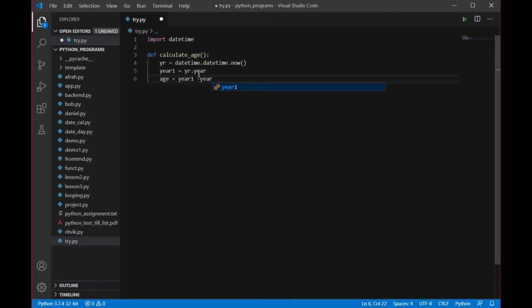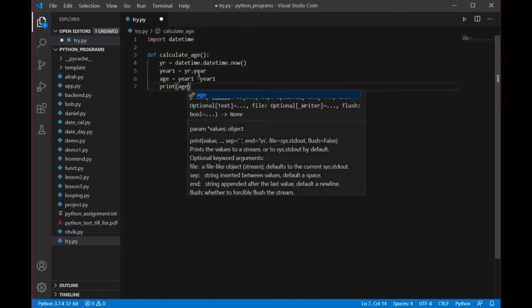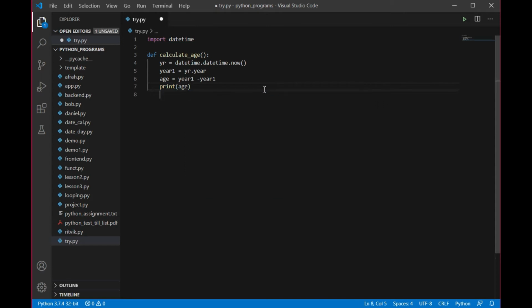Okay, then what we are going to do, we are just going to print this age. This is a simple program. Right now I have not created any application, I am just going to run this code for you. Now outside this, you must have read some programming language and you must have seen that